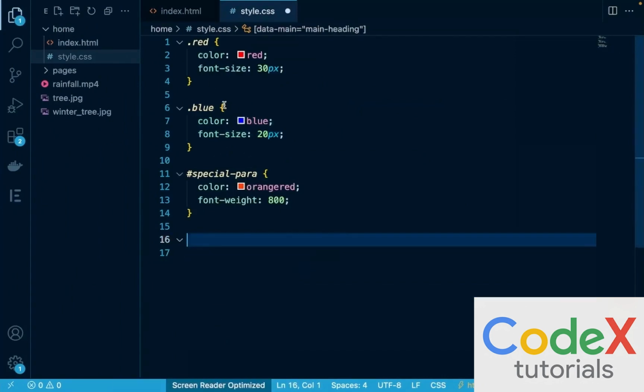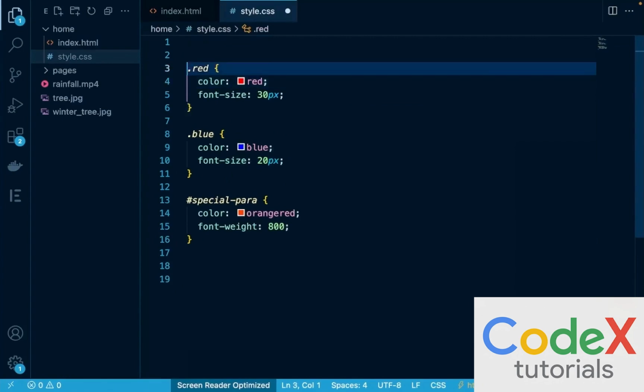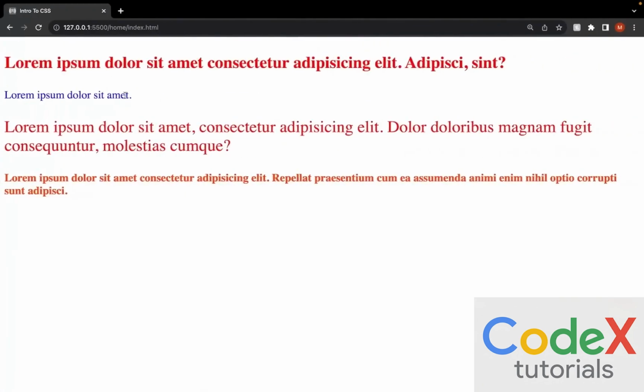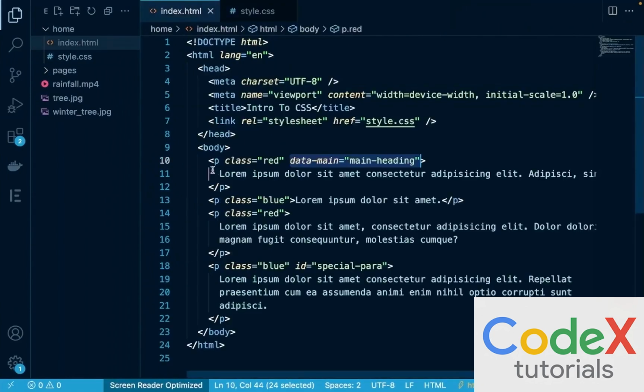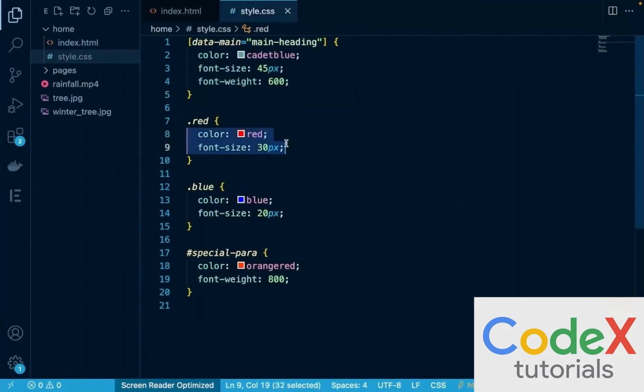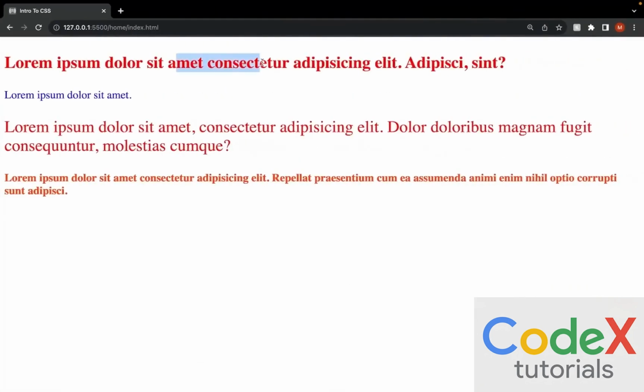If I move this to the very top and I hit save, you can see that the first class, which was red, the styles defined inside of the red class are still getting applied. That is because